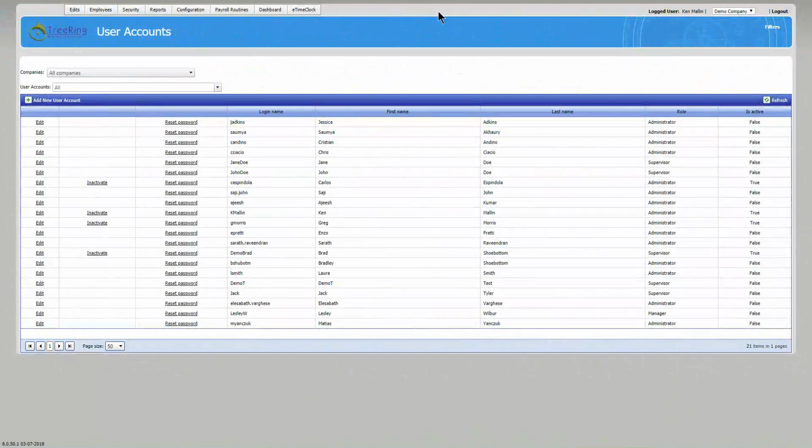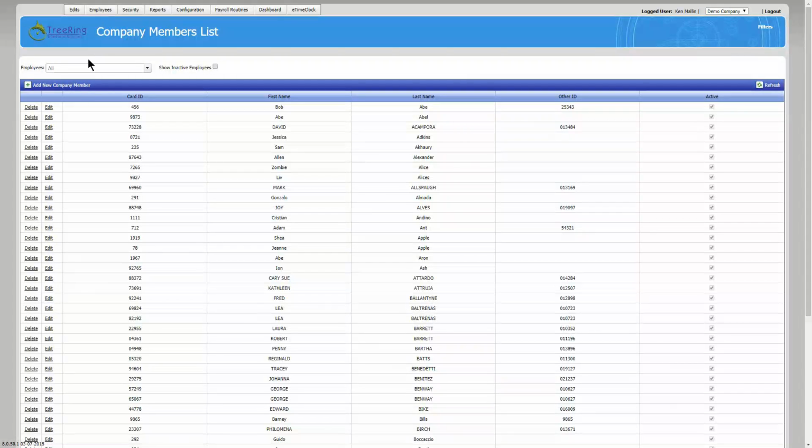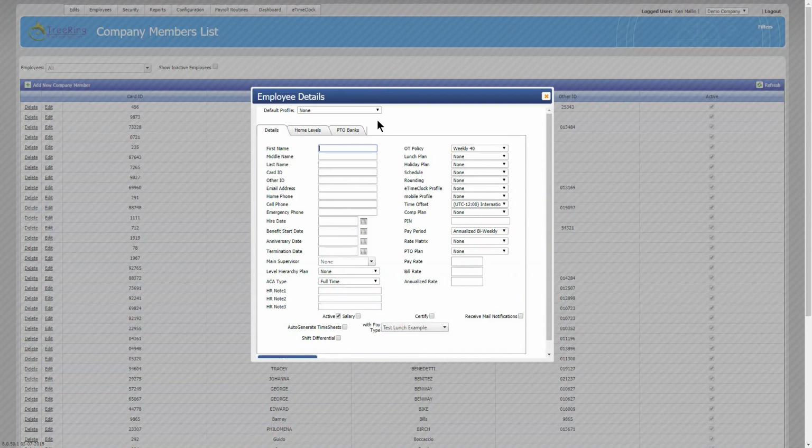Once you've added the new login for the employee, you will need to set up the rules for that employee. To do this, click on Employees, Company Members. Then click Add New Company Member. The Employee Details window opens. Here you would select a default profile, supervisor, or a particular role, employee role. Enter